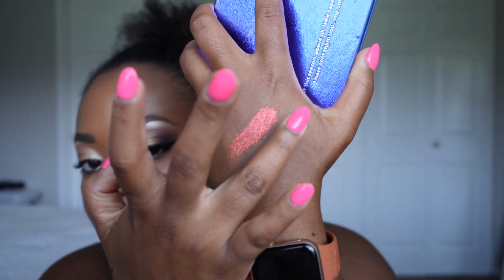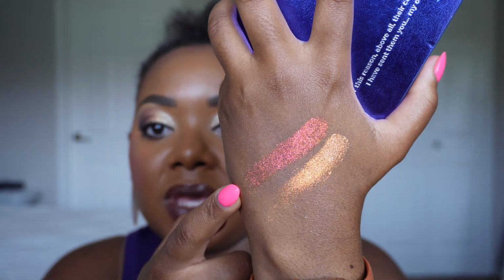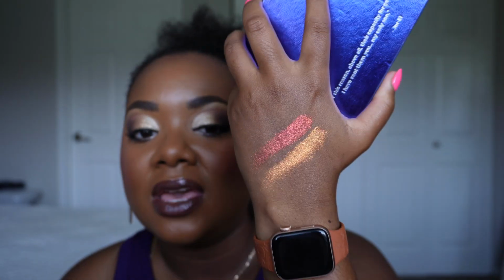It's on the lighter end, so it kind of combats this red with a little bit more of an orange tone to it. So it's just stunning, beautiful, and this is all I could think of when I thought of just energy, vibe, fun. That was it. And it definitely makes me think of what I would bring to Trinidad to play mas. If I was playing mas, I think regardless of what costume I'm wearing, I would put Zorel on